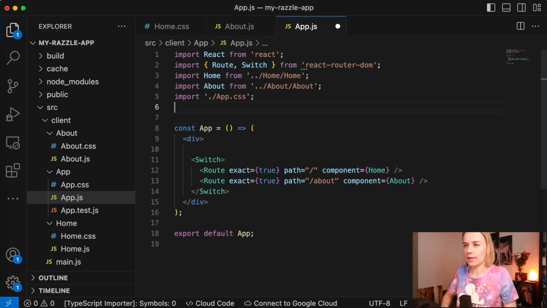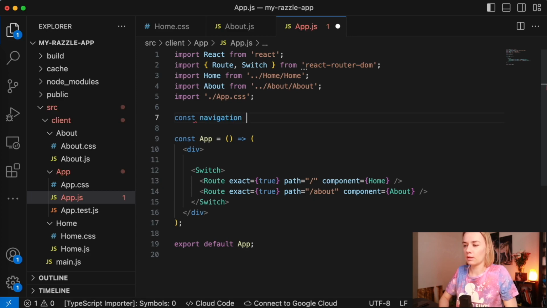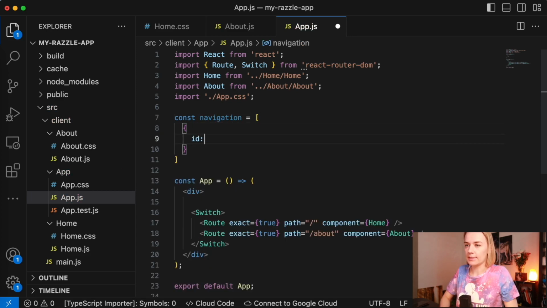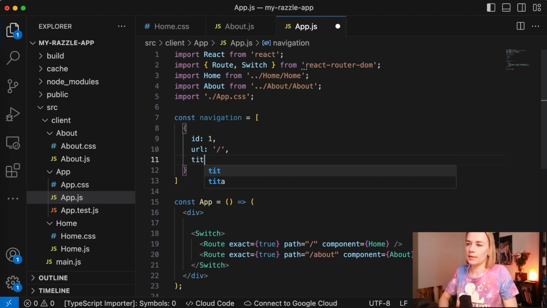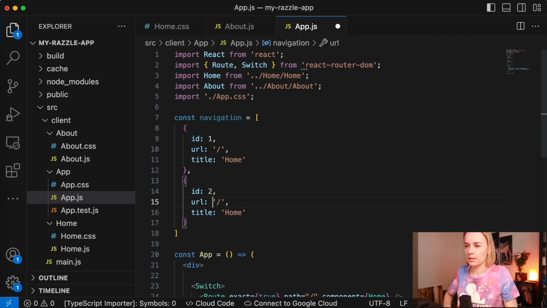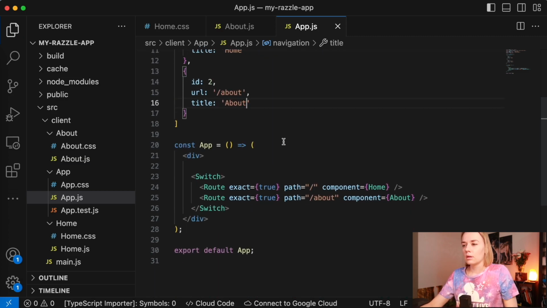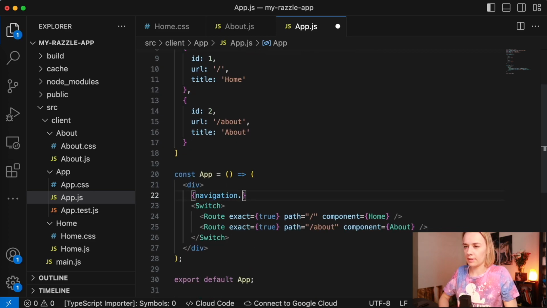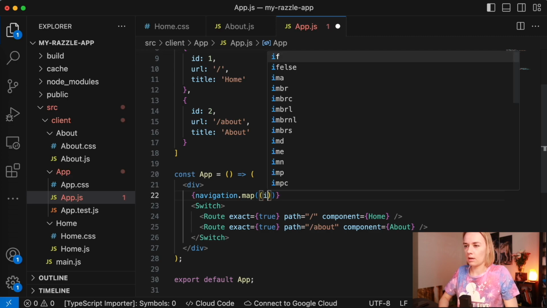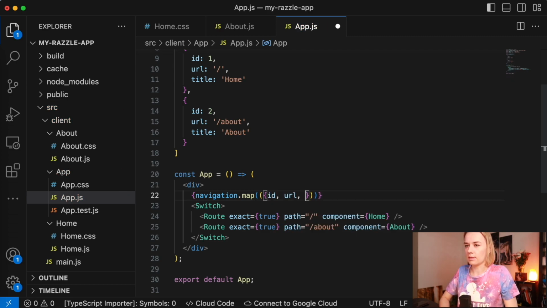I decided to create a navigation array, and it will be like ID one, URL, or two, it will be slash, and title home, and after it I have everything the same. Here, second about, yes, navigation, map, here we have ID, URL, title,